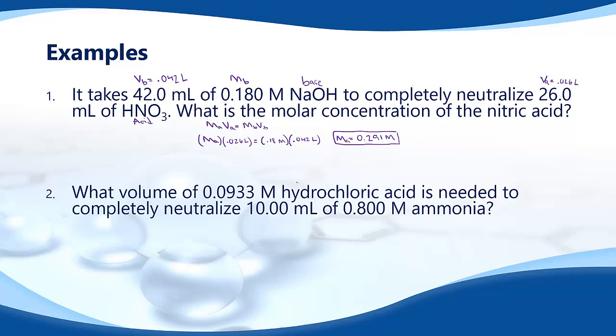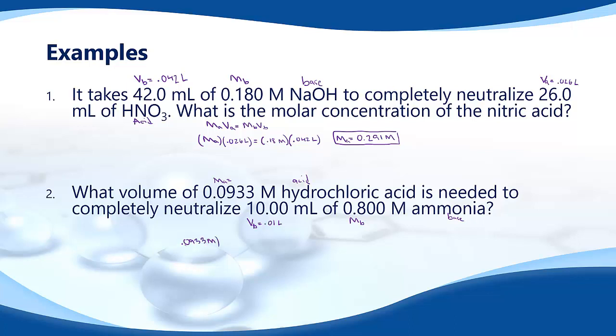Okay, so again, HCl, hydrochloric acid, is our acid. This is our molarity of the acid. Right, ammonia is a base. 0.8 is our molarity of the base. 10 milliliters is our volume of base, which is 0.01 liters. Again, we'll leave sig figs to later. We plug into our equation. MA is